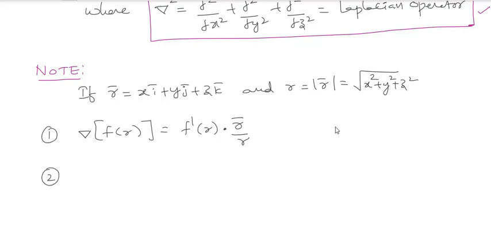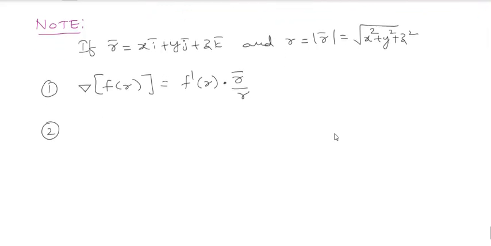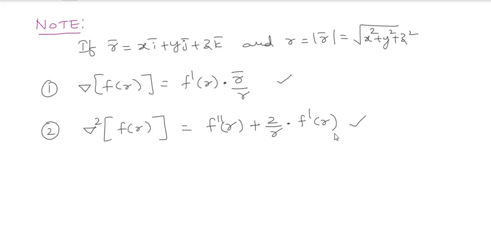Based upon that, just now I gave the del operator, that is a second order differentiation. So based upon that, you can represent here del square of f of r. Del square of f of r can be written as f double dash of r plus 2 by r into f dash of r. This you already did. Now I am just giving this: del square of f of r is nothing but f double dash of r plus 2 by r into f dash of r. This is the criteria.